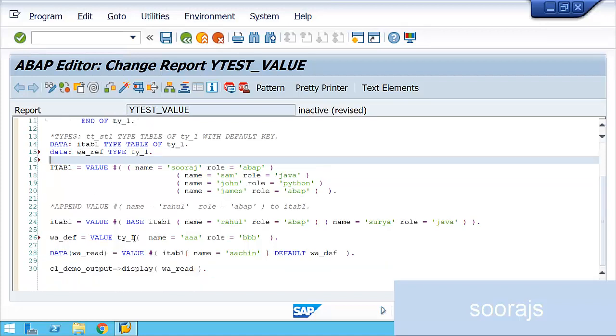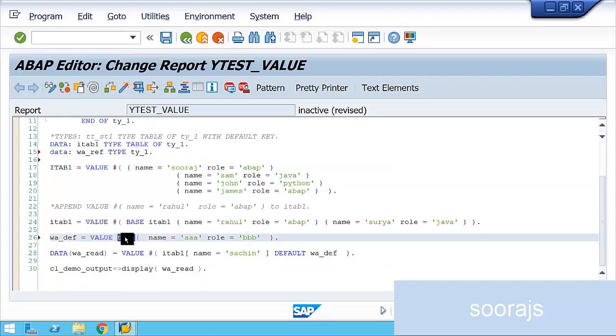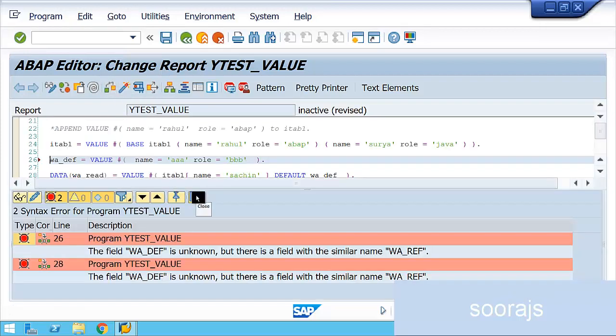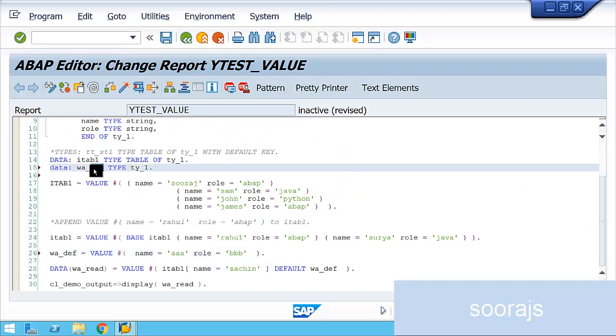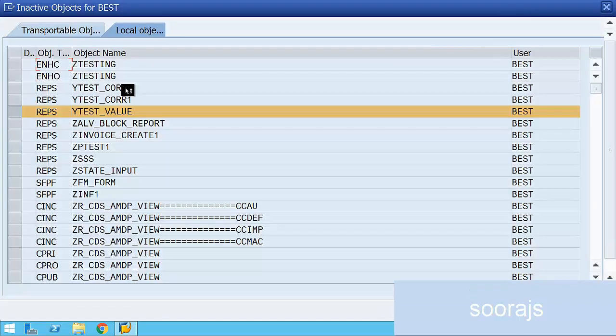With this I don't need to use ty_1 explicitly; I can directly put #. Check the syntax. This is not ref, it's def. Check the syntax, activate the program.